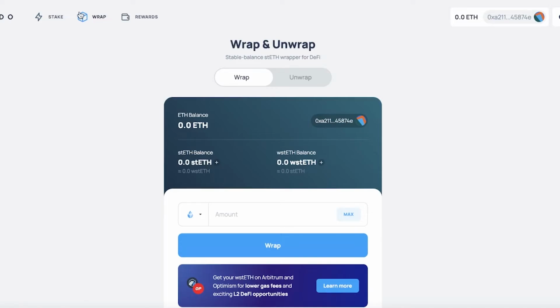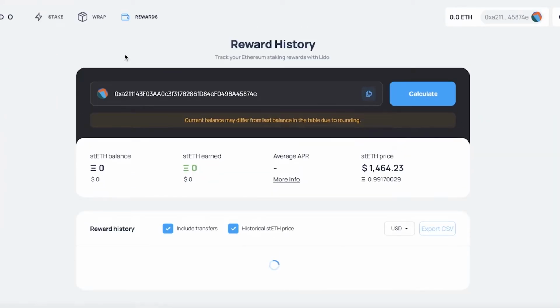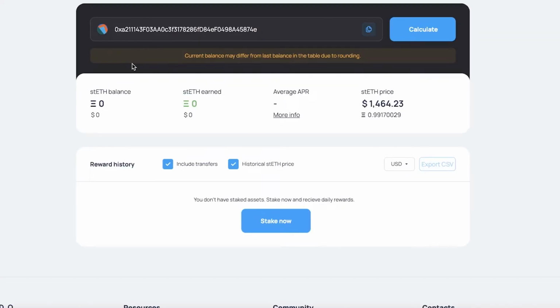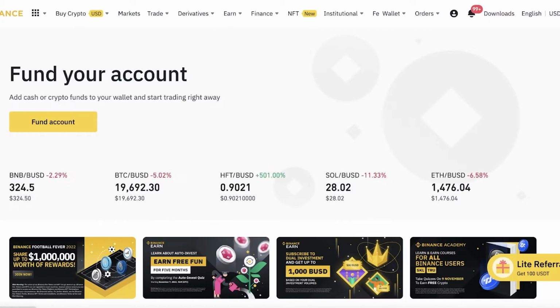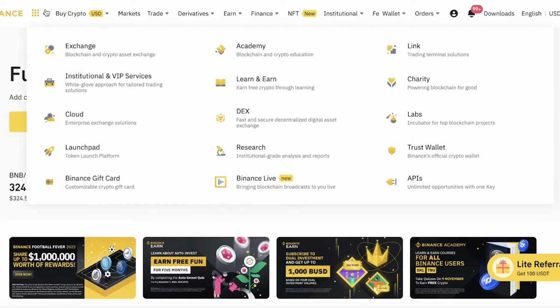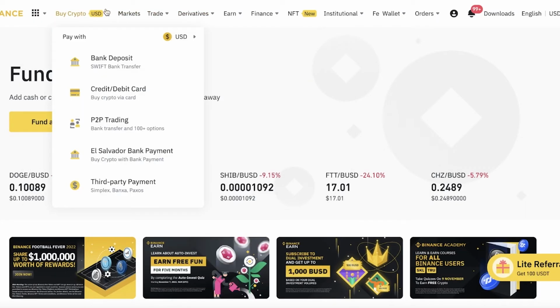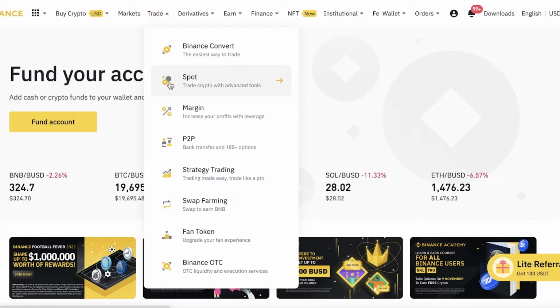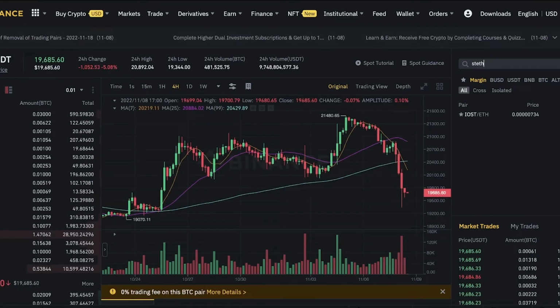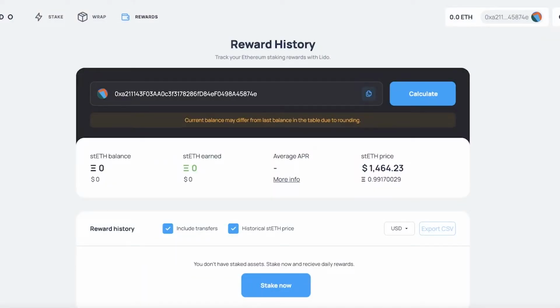Now, what is the benefit of staking over here other than just being able to get staked Ethereum? Well, you also get reward. You get a reward for having staked money, and that is the best part about using this platform. Although you can now go on Bybit or Binance, a lot of those other crypto platforms, and you can actually buy staked versions of token. So if I go into the trade section and I go into the spot charts over here, a lot of these marketplaces are also selling staked versions of the Lido tokens, so you can buy the Lido tokens directly on the marketplace. However, it is something that I don't recommend